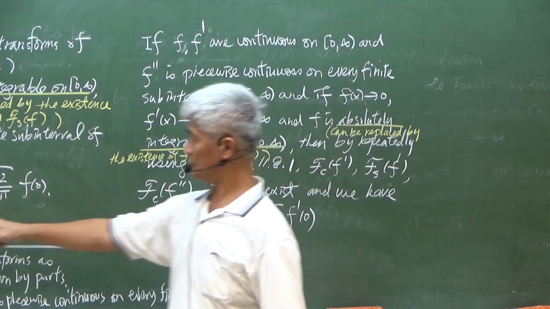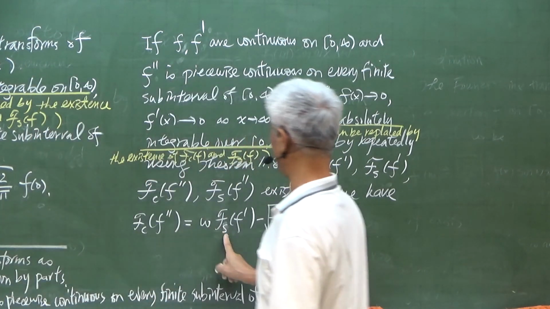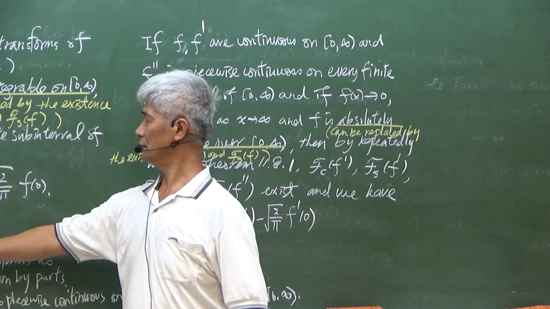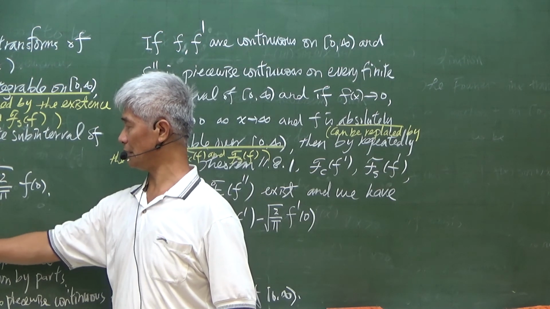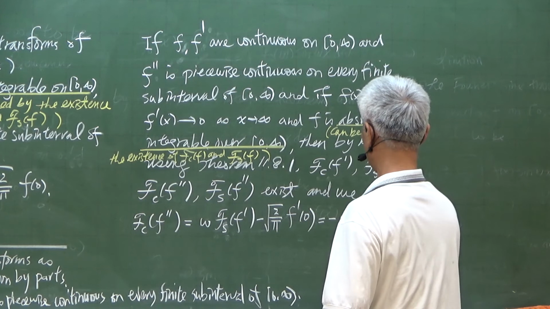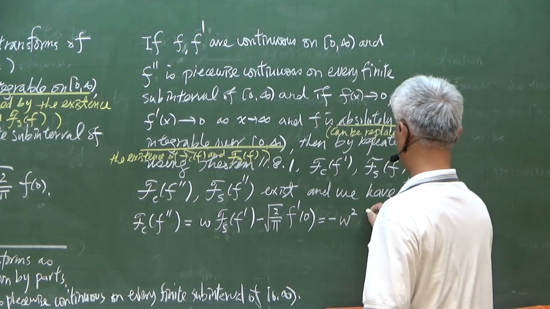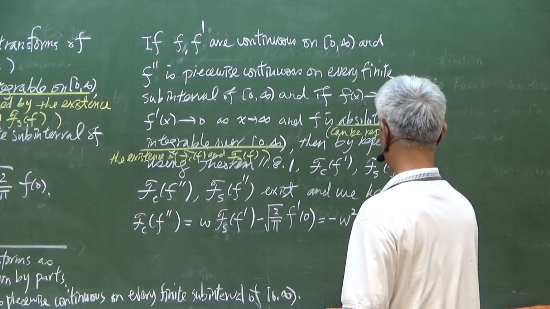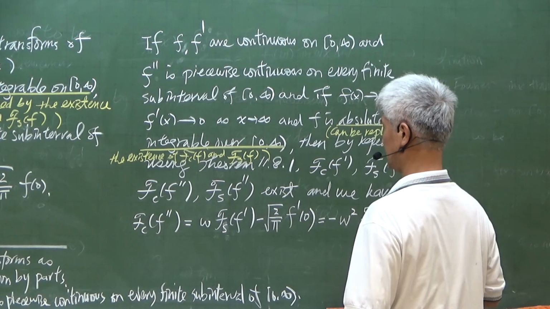But the Fourier sine transform of the first derivative is equal to minus w times the Fourier cosine transform of f. So finally, we have minus w squared times the Fourier cosine transform of f,